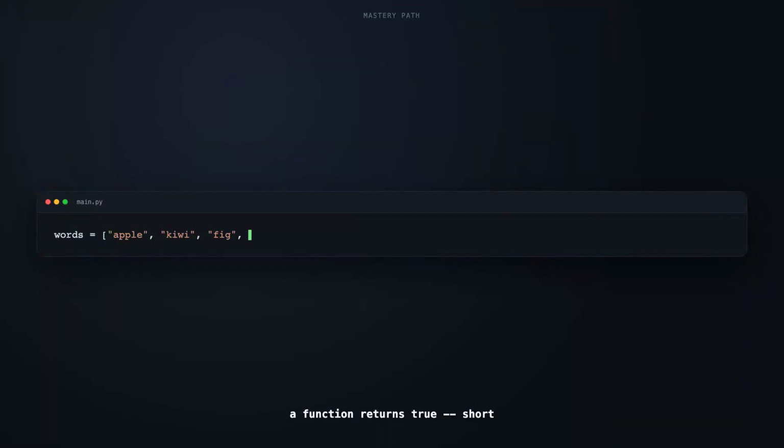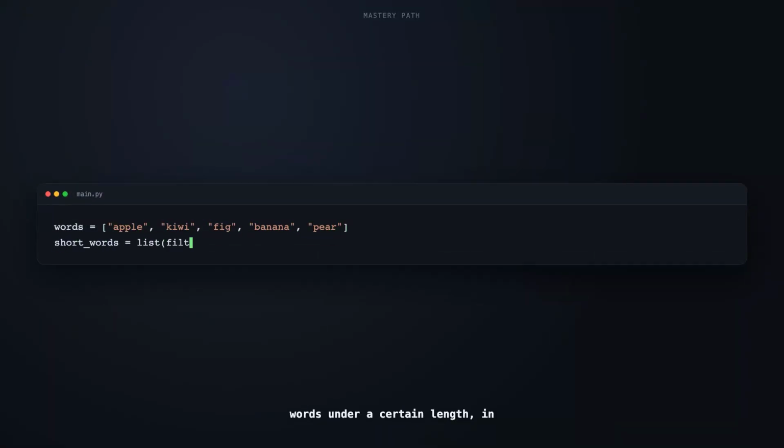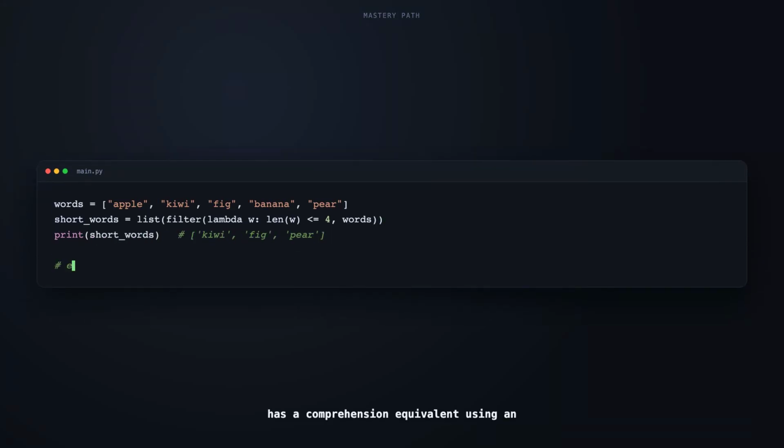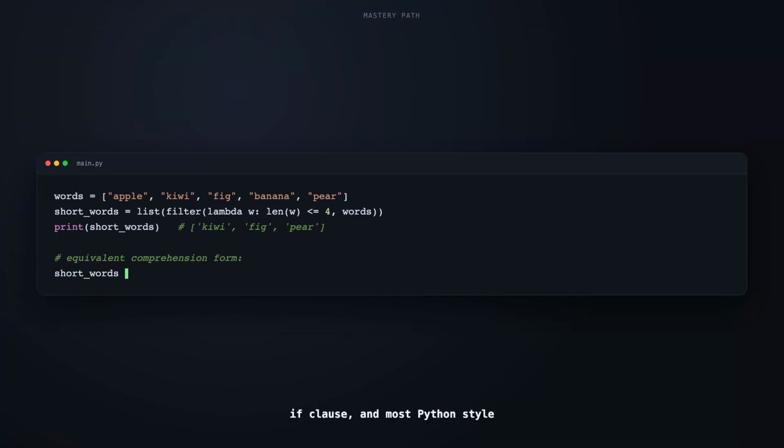Filter keeps only the elements where a function returns true, short words under a certain length, in this case. Just like map, filter has a comprehension equivalent using an if clause, and most Python style guides lean toward the comprehension